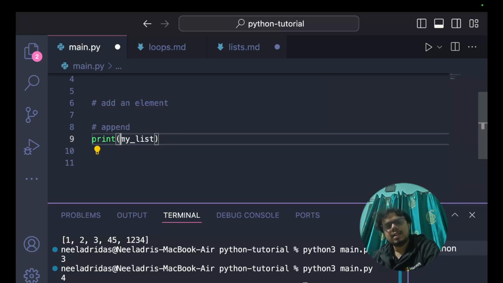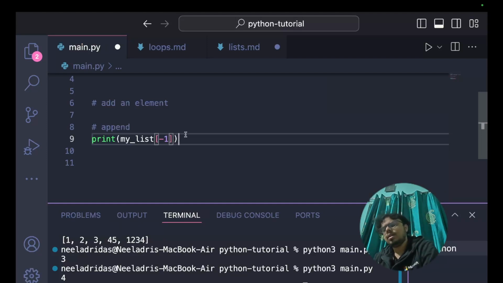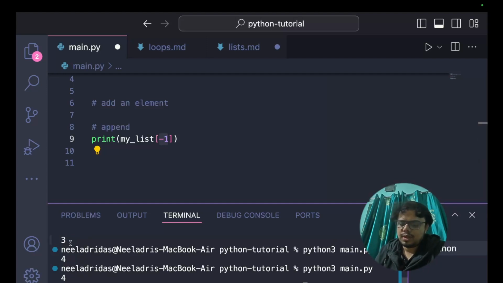So in Python specifically, we have the concept of negative indexes. So what is a negative index? Negative is just that you are starting from the end of the list. So if I do here -1, you might think that, okay, why can't we take 0, right? Because 0 is already there, it denotes the first element. But if I put -1, it will actually start from the end of the list, and -1 indicates the last element basically. So if I do here,